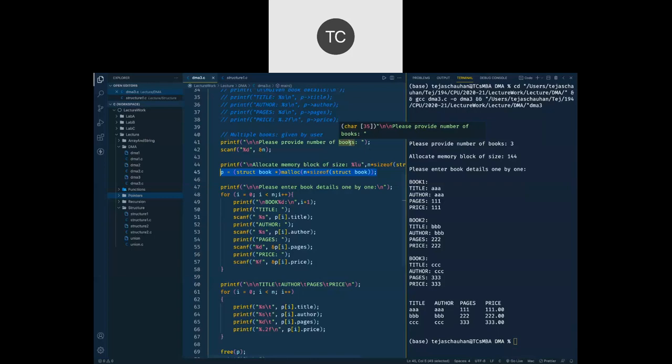I don't care how many books I have already stored, where I have stored, but independently I want one more book. Then you are going to allocate a memory for that structure runtime, and you will have the address of that memory block runtime.